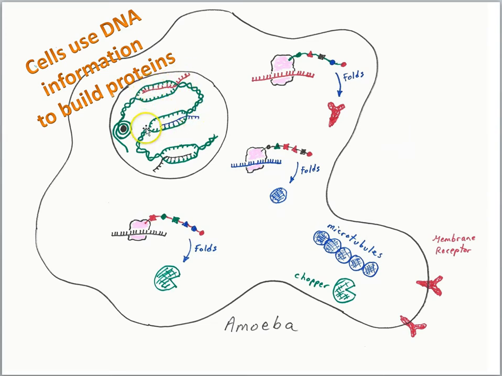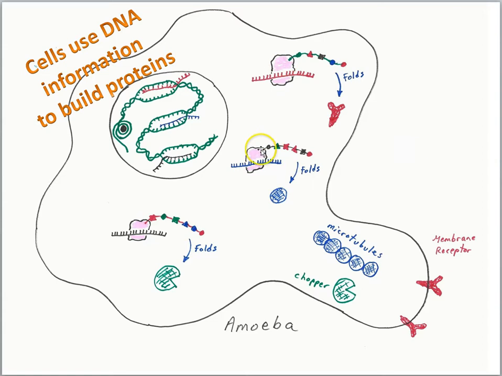Here we have a different gene, a different recipe for a different protein. The blue messenger RNA is being constructed from the bottom strand of DNA. And here we have a third gene. Again, the DNA strands have opened up, and messenger RNA, the black one here, is being built from the bottom strand of DNA. Now what will happen then is that these messenger RNAs will leave the nucleus